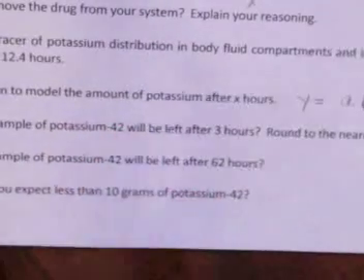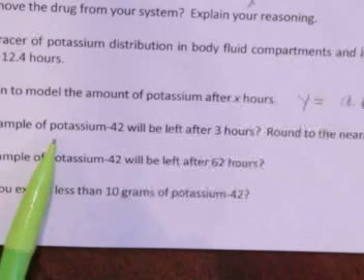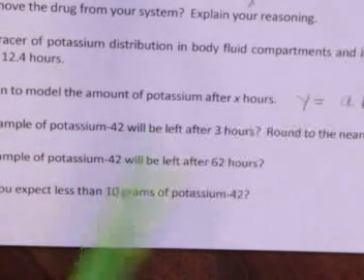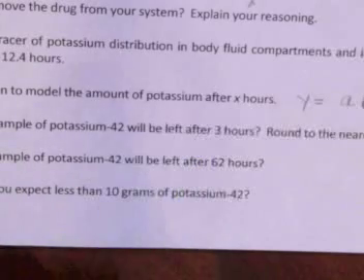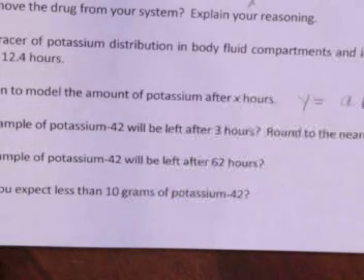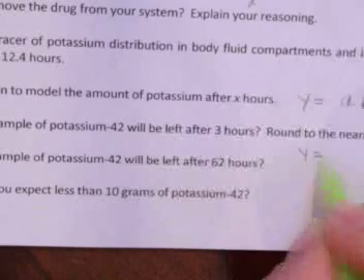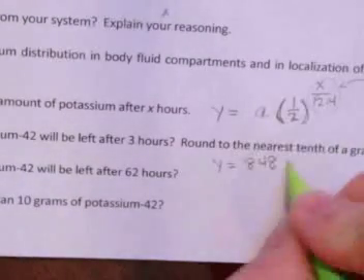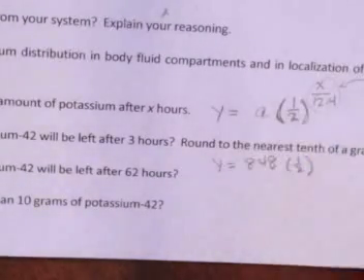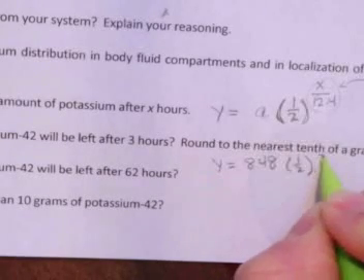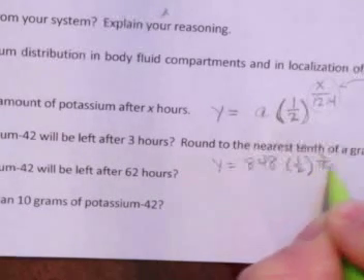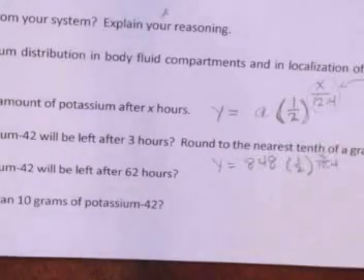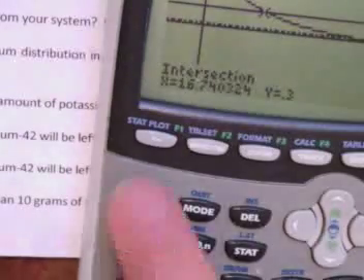Part B says how much of an 848 gram sample of potassium 42 will be left after 3 hours. So now it gives us our initial value of 848. So we just insert that into the equation. The amount left is equal to 848 times 1/2, and it says after 3 hours, so to the 3 over 12.4 power. And the way I would choose to solve that is to put it into my calculator,